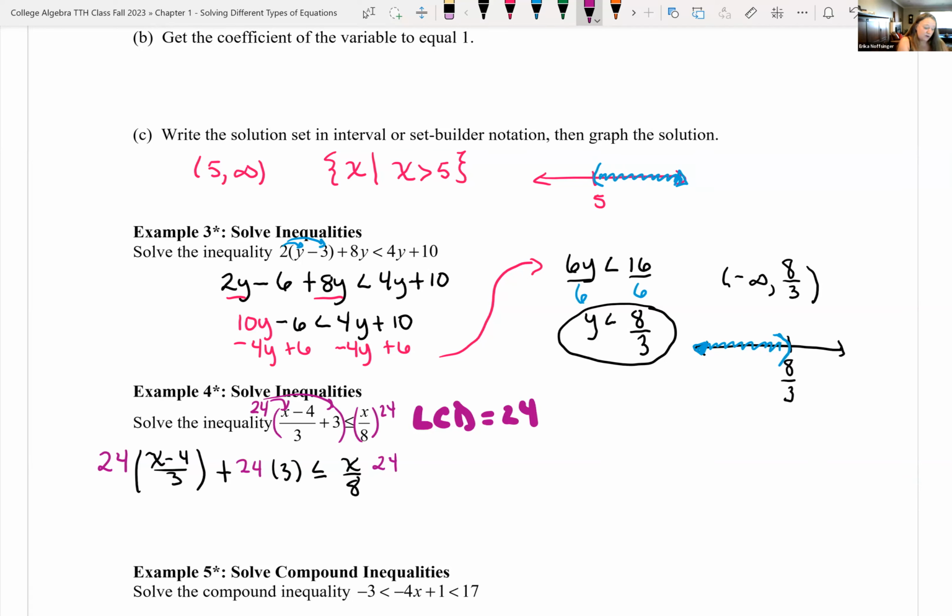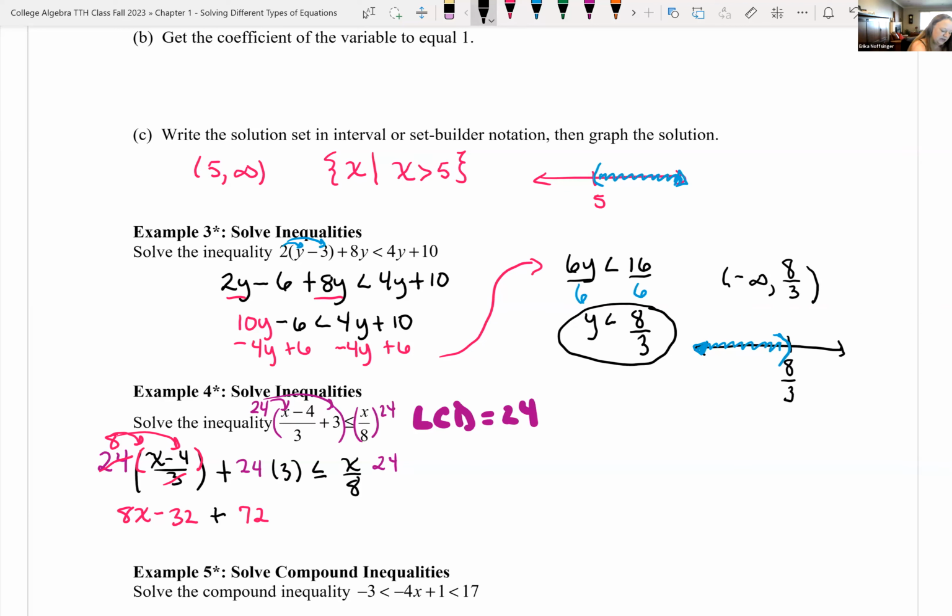So doing so, multiplying by the least common denominator, the fractions go away. And so I see that 3 goes into 24 8 times. So I technically have an 8 times my numerator x minus 4 here. So let's distribute the 8 and bring that down. So I have 8 times x, or 8x, minus 8 times 4, or minus 32, plus 24 times 3 is 72,